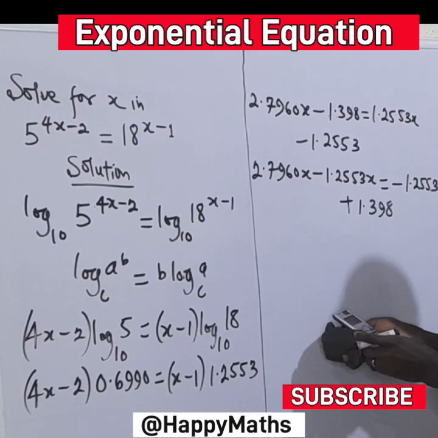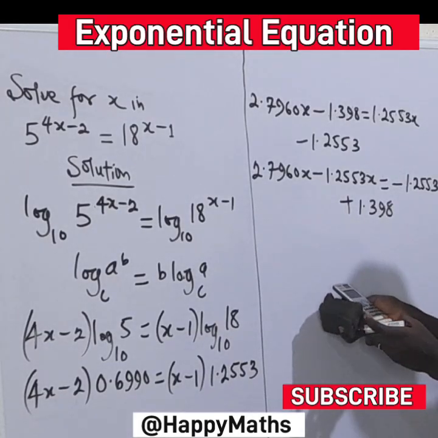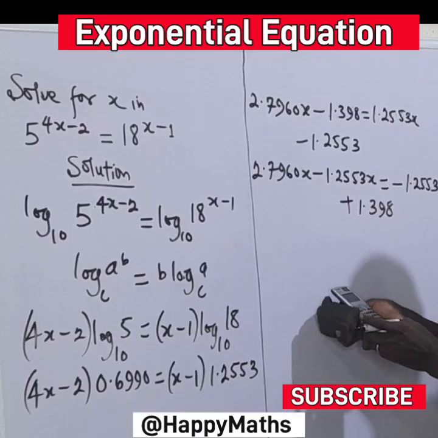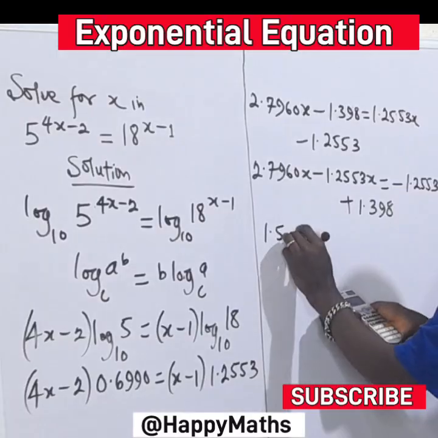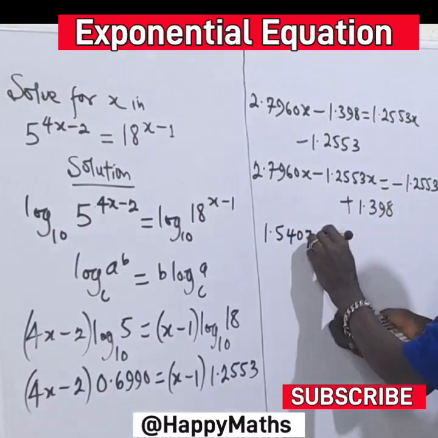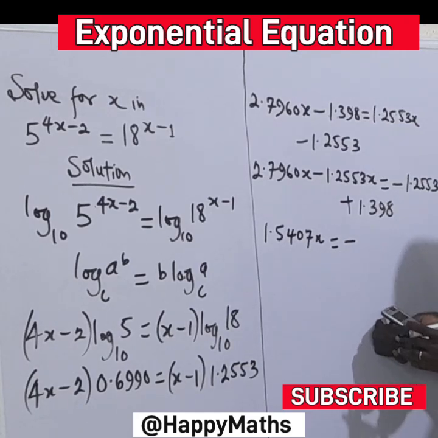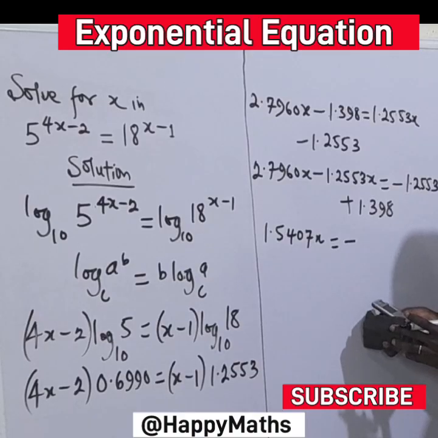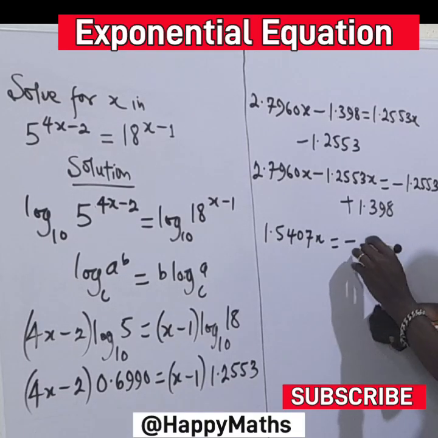Now let me subtract it from this. We have 2.7960 minus 1.2553, equal to, that will give us 1.5407s equal to, now if we subtract, minus 1.2553 plus 1.398 equal to, that will give us